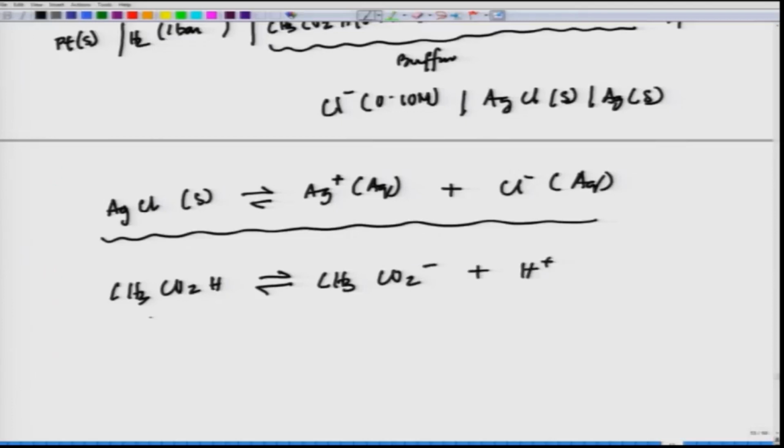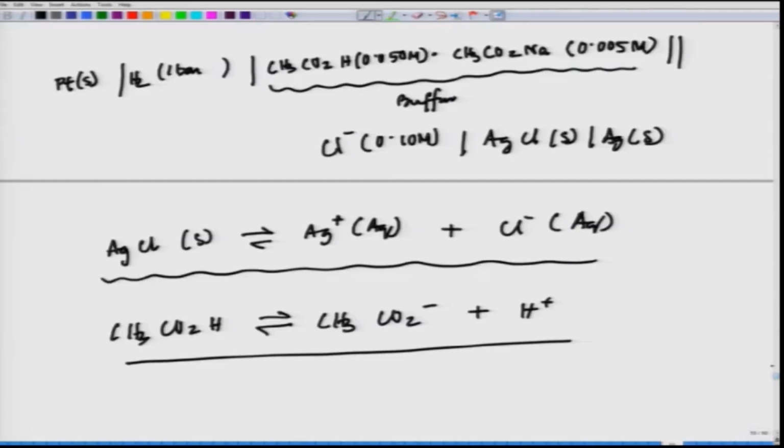This other left hand side is also at equilibrium. So both the reactions within each half cell are at equilibrium. The redox reaction for the right half of the cell is something like this. If I write the redox reaction on the right hand side, it will be AgCl solid plus electron, making it Ag solid, chloride minus